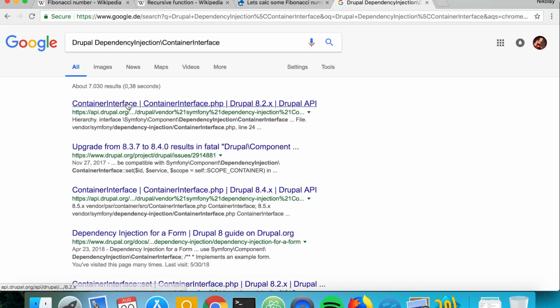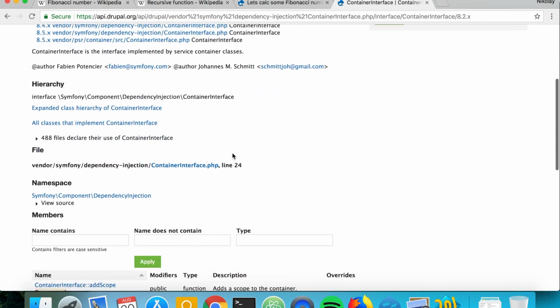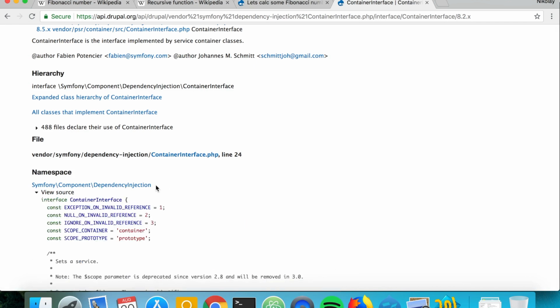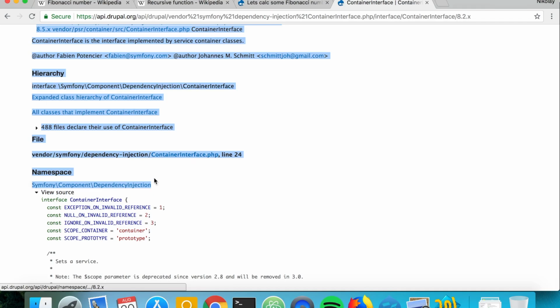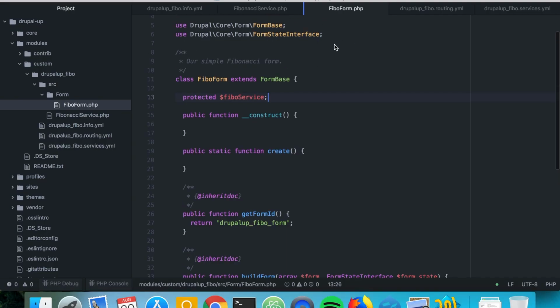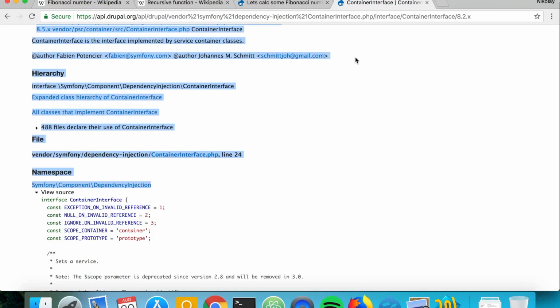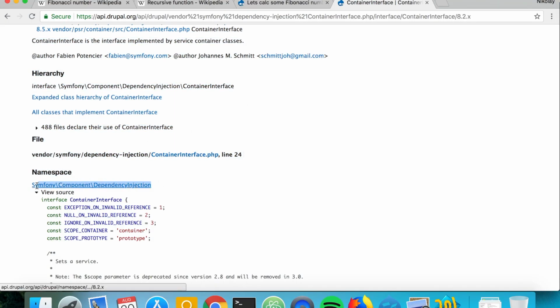Quite sure it's called like that. Yes, it's the container interface, and what we want to do now is we want to simply put a use statement for it,